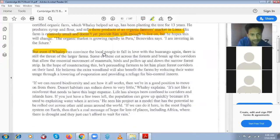Here is the area. But even if we can convince the local people to fall in love with the orango again, there is still the threat of the larger farms. Some of these got across the forest and break up the corridors that allow the essential movement of mammals, birds, and